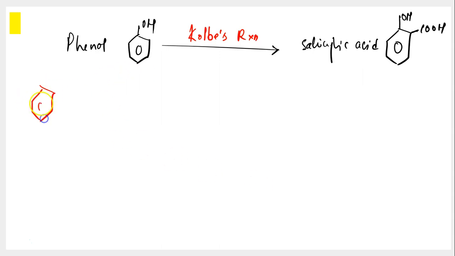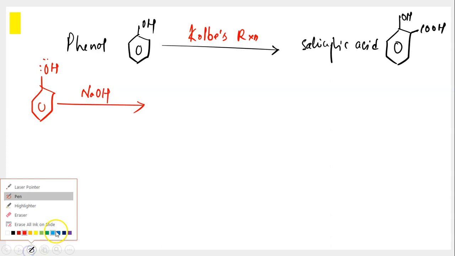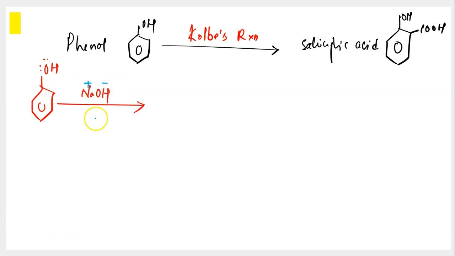I'm taking phenol, and phenol, as you already know, is nothing but the presence of a hydroxy group on benzene. The oxygen in the functional group of phenol has two lone pairs of electrons. Now we are treating this phenol, as the first step, with sodium hydroxide. And you already know that sodium hydroxide ionizes into Na plus and OH minus. Now this Na plus would be attacking the electronegative oxygen, and the bond between the oxygen and hydrogen breaks down. O minus and H plus will be formed over here.